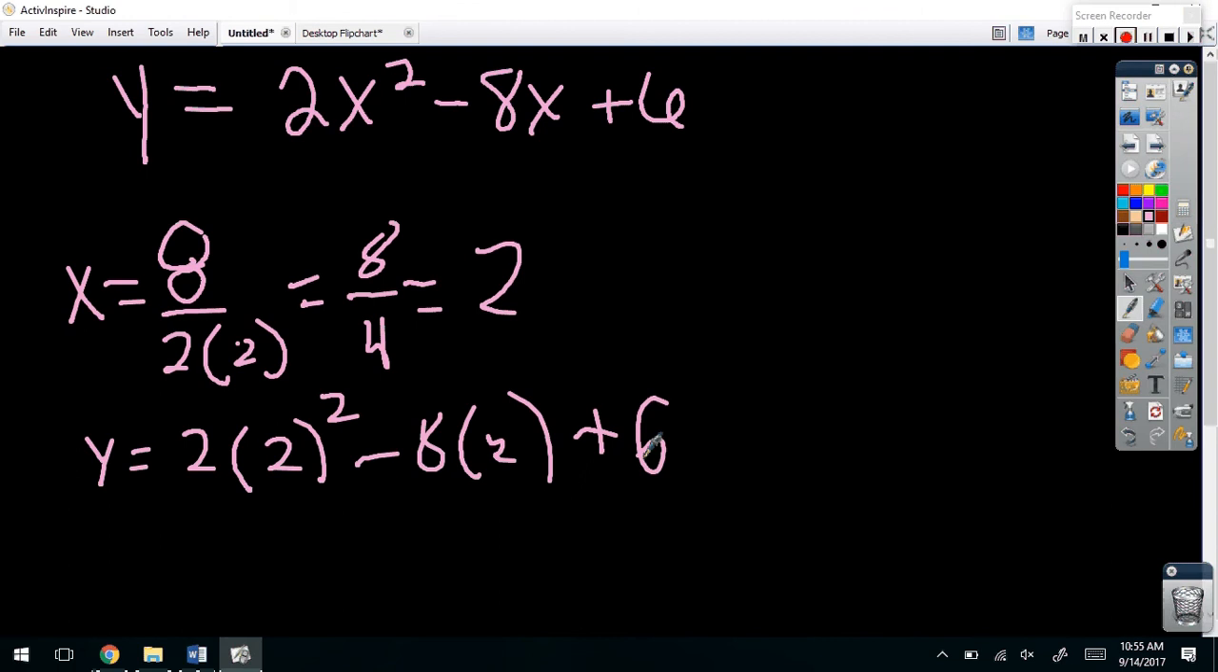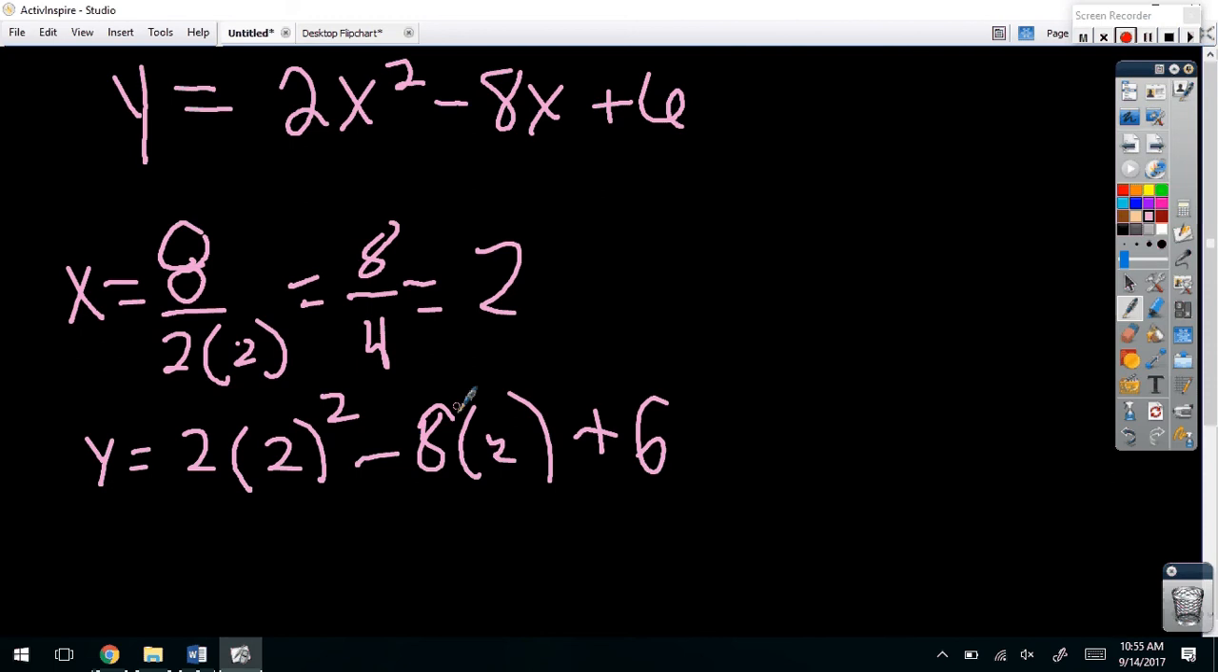Oh, Mr. Maxwell, I know how to do it now. You plug in your x to your original problem. You plug in your original problem and solve it. I have a calculator, Mr. Maxwell. Okay, so